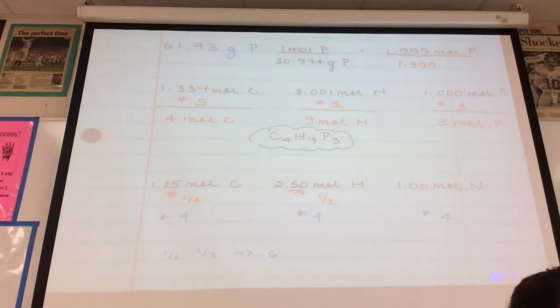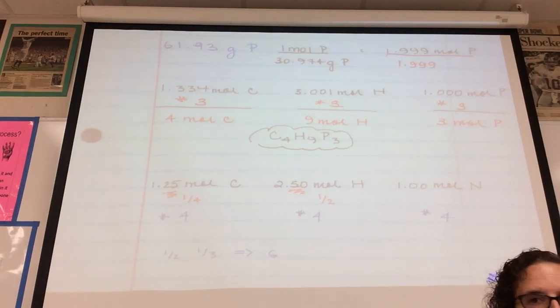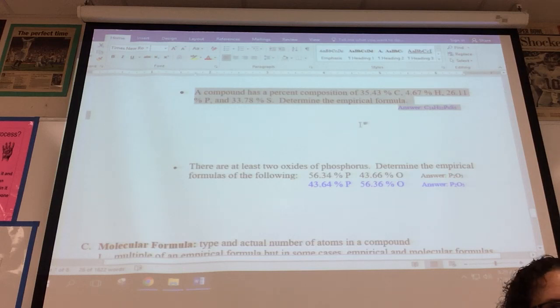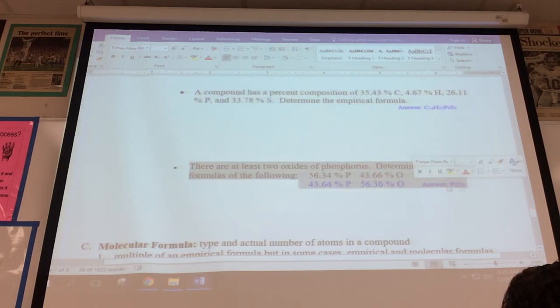I would like for you to try the next problem. Before we do that, I just want to make a couple things clear, because we've been going for a while and I want you to have a lot of practice time. I'd like you to try this problem, which is very challenging. The answer is there. I'll take a look at what you've done. You can do this problem as well. And then in your classwork,